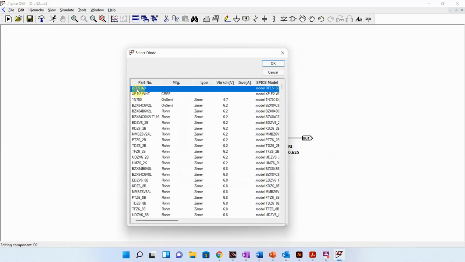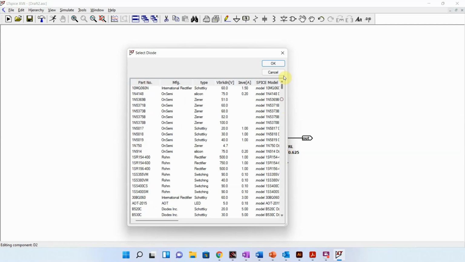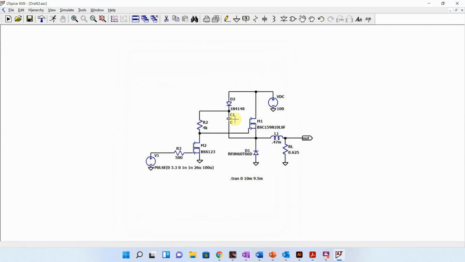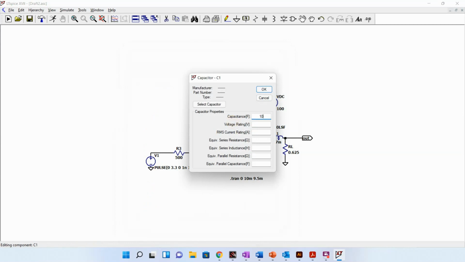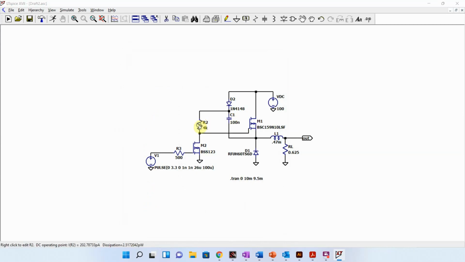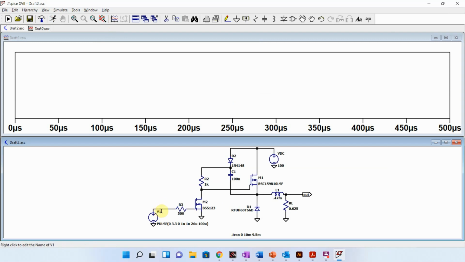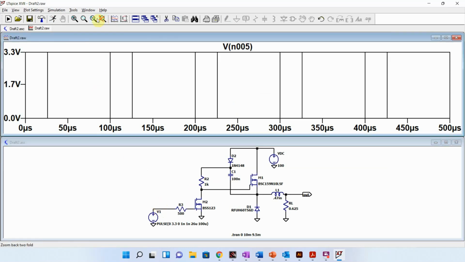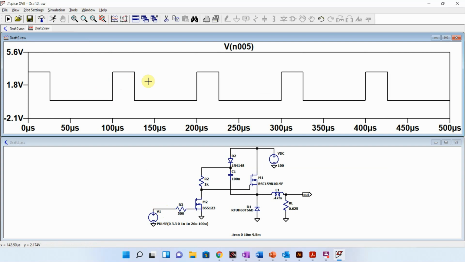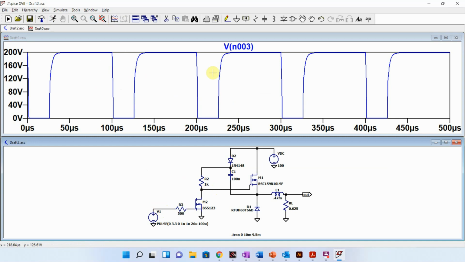Let's put in a small signal diode. So we'll use this 4148. Let's go ahead and leave this as 100 nano and use a 1K resistor there. Okay, let's see how this goes. Let's run it. So here is my signal here, and then you see that it's going to produce a gate voltage up here. You can kind of see that we're starting to roll off a little bit. And if I look at my gate to source,